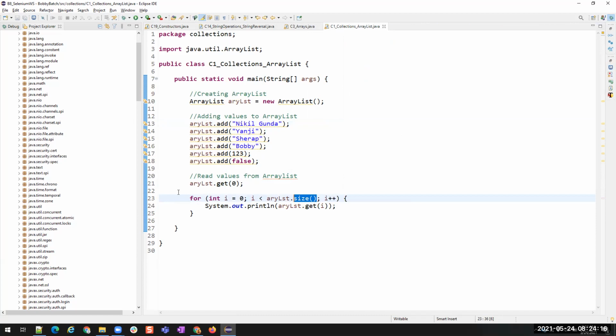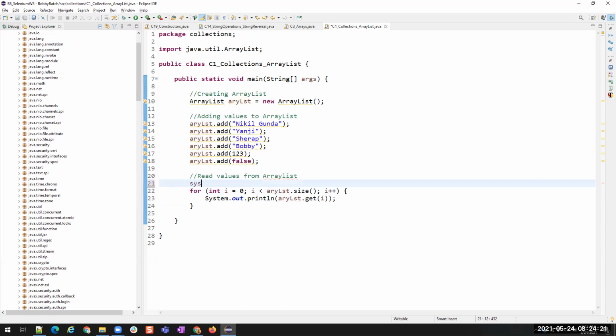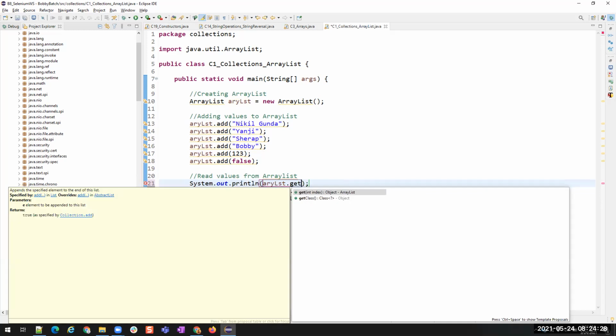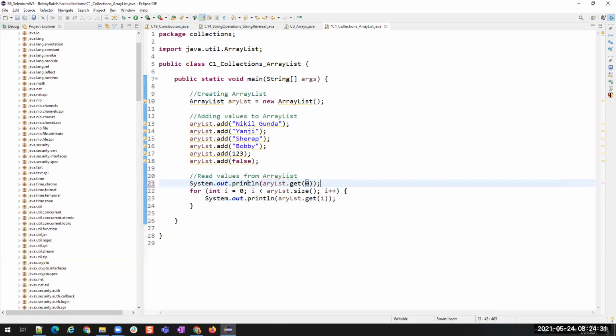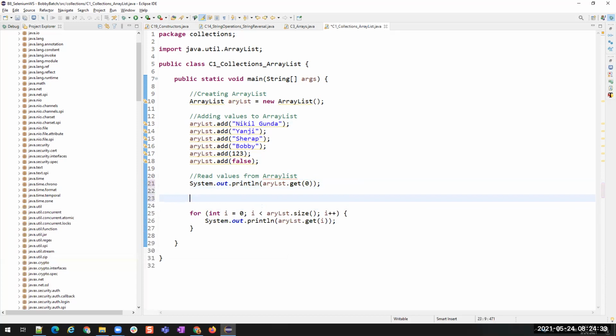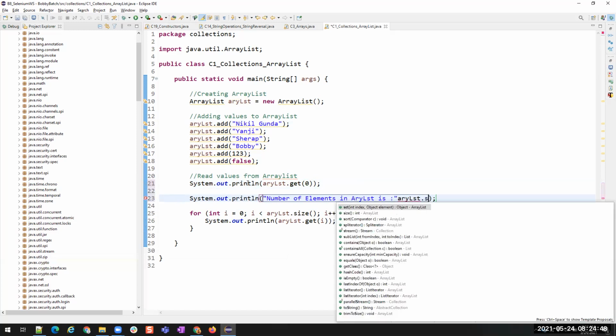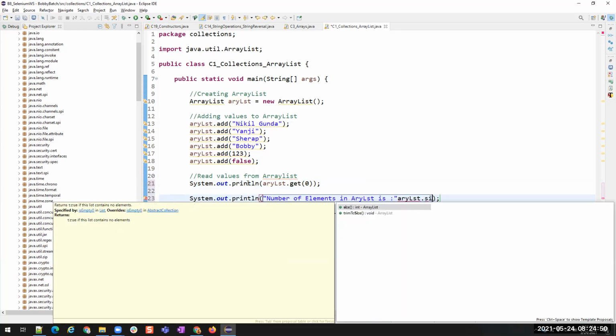Why is it not printing? Okay, I did not print it here. That's why it is not printing. So, my list dot get, see, this is sample, and then I will also print the size. Number of elements in array list is array list dot size.